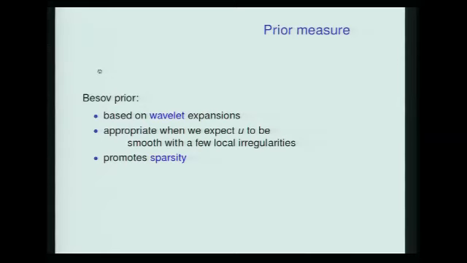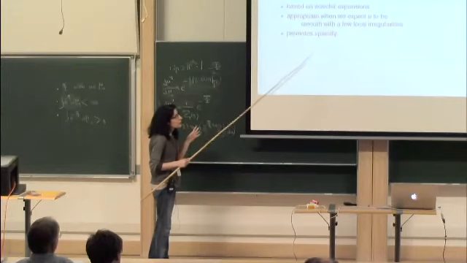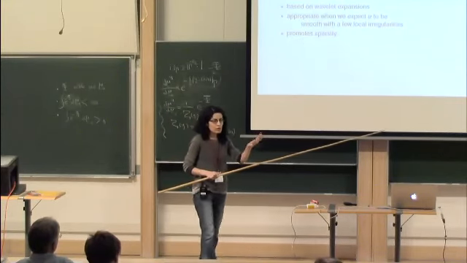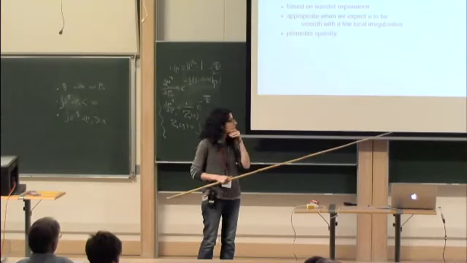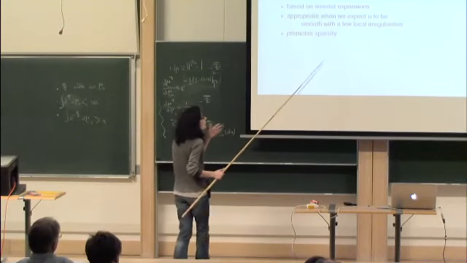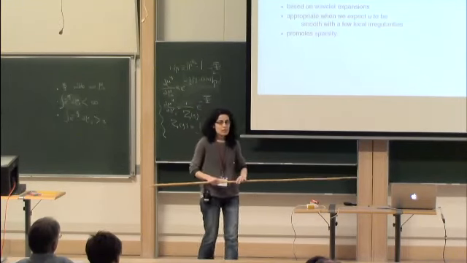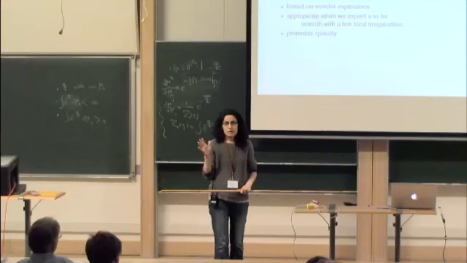So they are priors, measures that are constructed based on wavelet expansions, and therefore they are appropriate for cases where your unknown function has some local discontinuities, and they also promote sparsity. So for example, if you think about that example that we started with,